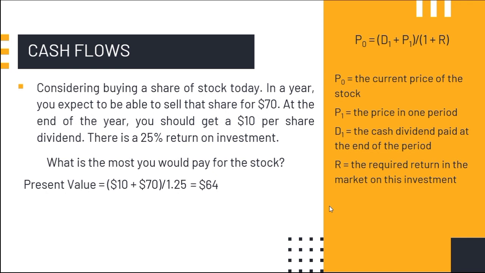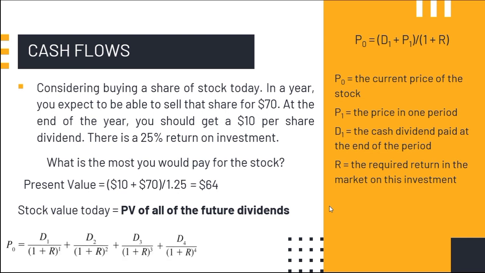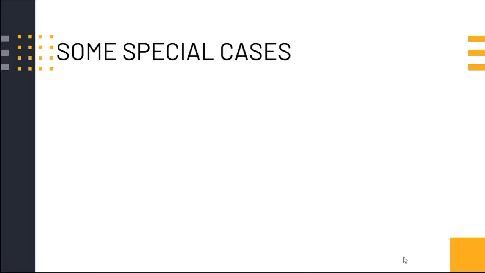Generally, the price today of a share of stock is the present value of all of its future dividends. How many future dividends are there? There can be an infinite, endless stream of future dividends. So this simply means that we still can't compute a value for the stock because we need to estimate the infinite number of dividends and then discount them all. So it's really not possible. Because we cannot possibly predict all future dividends, we will look at a few special cases with simplified assumptions that will allow us to calculate today's stock price.